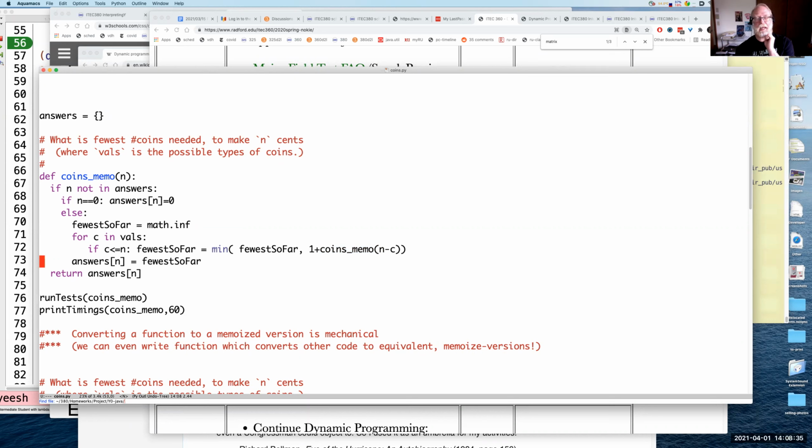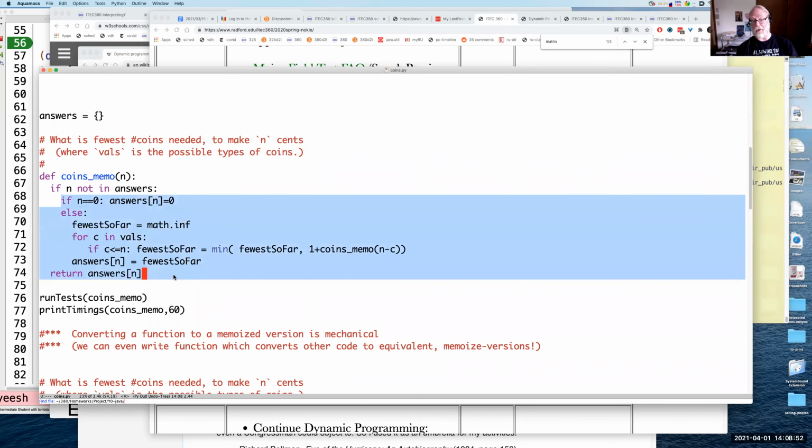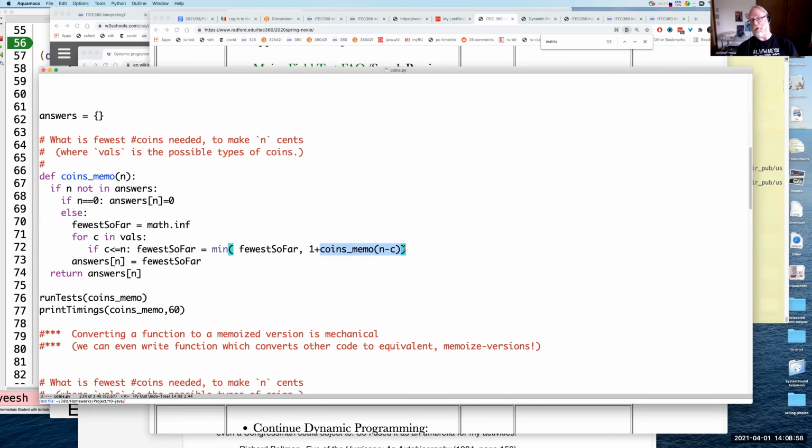After we did this, we realized: how did this answers array get filled in? In some sense, I feel like it's filled in top down. The first thing I try to find, I call coins memo of 57. The first thing I'm trying to do is look at answers of 57, and it's not in there originally. So I go and start computing. In trying to fill answers of 57, I'm going to call coins memo of 56, 54, and 53. Coins memo of 53 is not going to be there, so it makes a recursive call to coins memo of